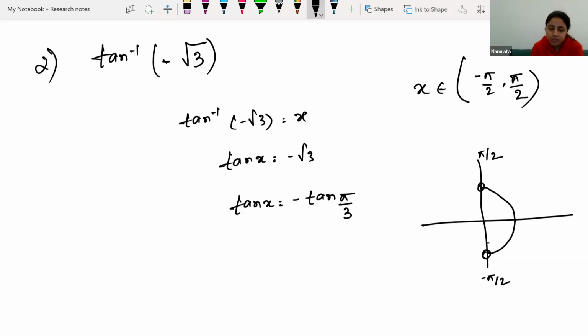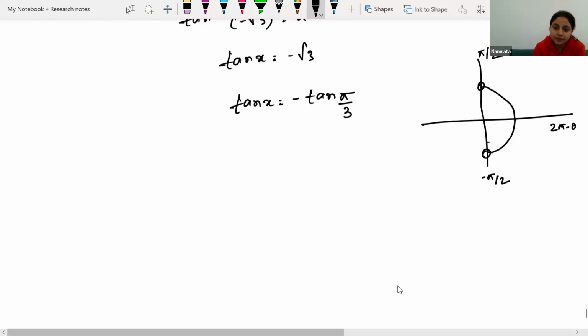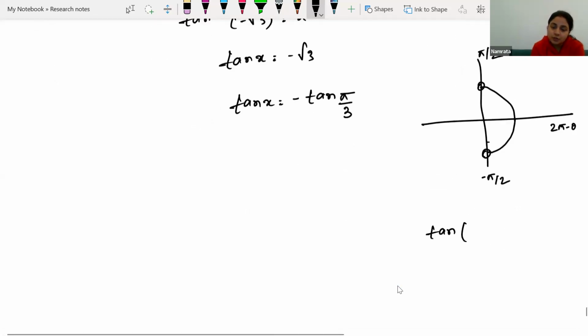From this range only we have to choose the x value. Okay, now here also we can think about 2 pi minus theta. As we can see, the fourth quadrant is there. So if we think about 2 pi minus theta, tan 2 pi minus pi by 3 will be